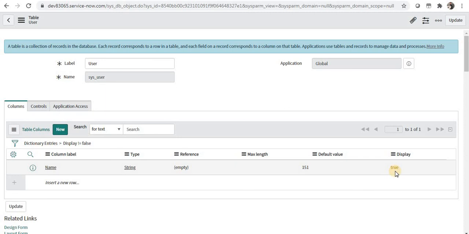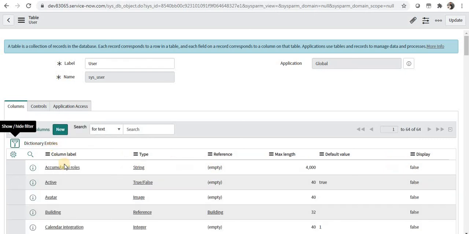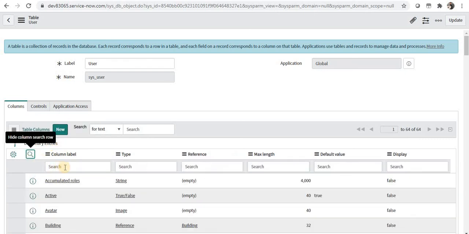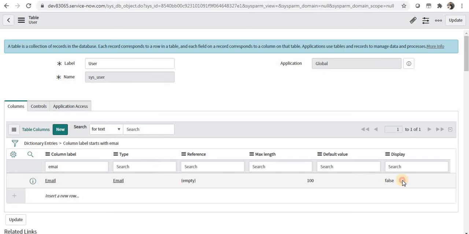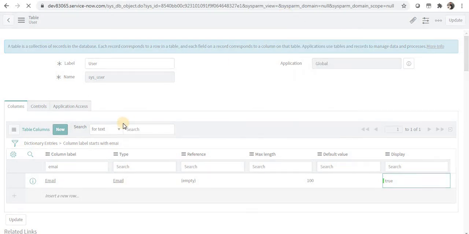So this is the value which will be displayed in other tables when it is being referenced. So let's try changing this to email ID, for example, and I will change the display value to true here and I will say OK, and I will save this value.